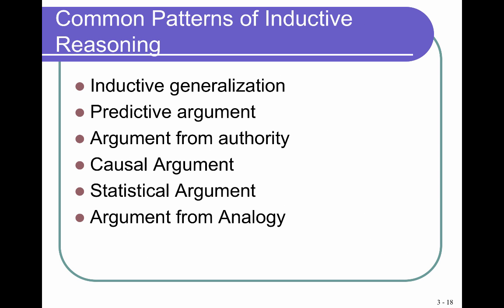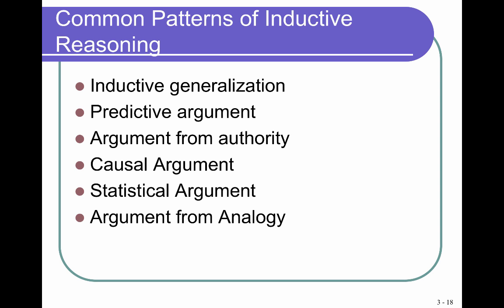Okay, let's move on to typical inductive reasoning patterns. Remember, in inductive reasoning, you're not coming to a precise conclusion. You're looking for things that are probably or likely to be the case. Here are some typical inductive patterns. Inductive generalization is where you come to a general conclusion based on specific instances or examples of what you're talking about. Predictive argument is where you make a prediction about what will happen in the future based on what happened in the past. An argument from authority is the kind where you use some kind of presumed authority, like an